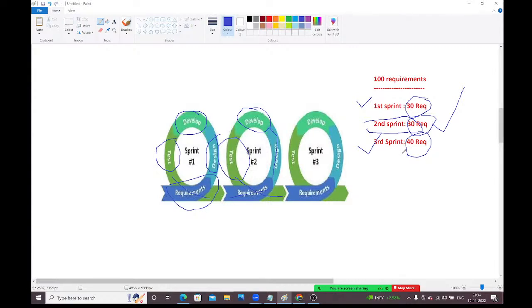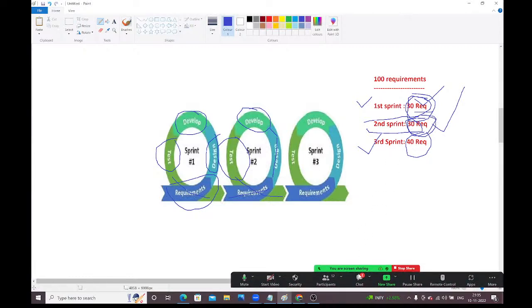A sprint planning meeting is there. Some people will say, today we have the sprint planning session. Sprint planning means dividing the project into multiple sprints, guys. In agile methodologies, in the companies, we won't use the word requirements. In the companies, a requirement is called a story. One requirement is one story. In the first sprint, a total of 30 stories are available which we need to work on. In the second sprint, 30 stories. In the third sprint, 40 stories.